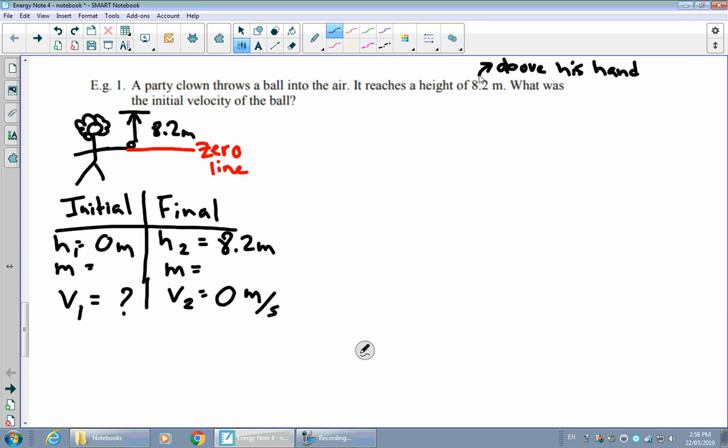Now, what's tricky is the question doesn't say anything about the mass of the ball, and it also doesn't even ask us to find what that mass is. So for now, we don't actually know it, and we can't really use anything we have to find it right now. So I'm just going to leave a blank space there. You can just put a cross through there. We don't know mass right now. We'll have to see if there's some way we can solve this question without actually using mass. And we'll get into that as we go through.